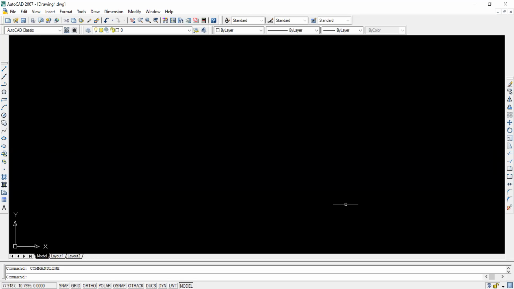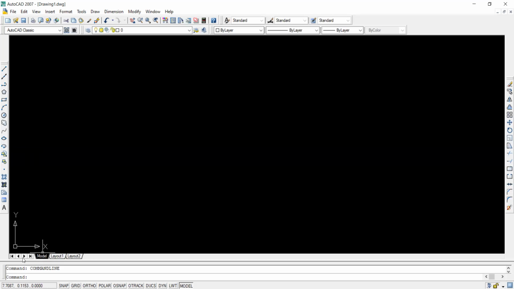त्याच्यानंतर हा जो आहे, this is called the work area. ठीक आहे. So this is our work area. At the left corner here you will find a coordinate system. So x and y coordinate is there. So this is the 0. Here we can say the positive x is the right direction and the upward y direction is positive. So this is called the world coordinate system or user coordinate system. We'll see this in detail when we go to UCS, user coordinate system, and world coordinate system.